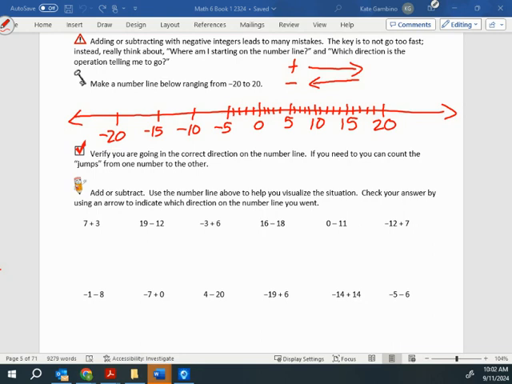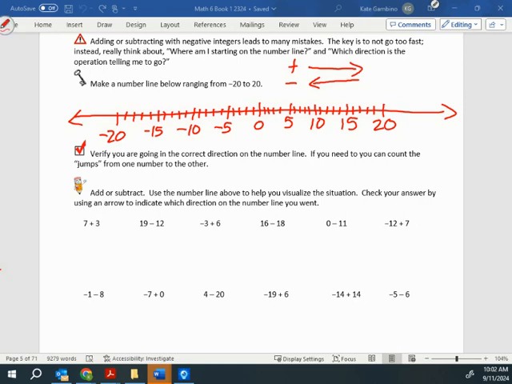I don't have to write all the numbers, but I know that those are the numbers that these lines stand for. Negative 6, negative 7, negative 8, negative 12, negative 13, negative 14, negative 16, negative 17, negative 18, negative 19. So I can put those lines right in there. So that way I can actually count out how many jumps I have to do to get to my new number. So the first thing you do